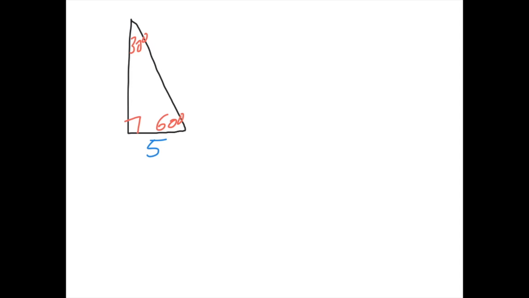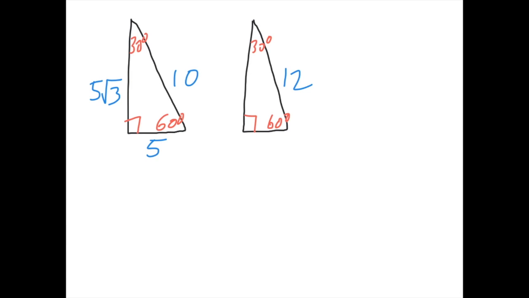So, if the short leg is 5, the hypotenuse is going to be double that, 10. And then the long leg is going to be the short leg times the square root of 3. So 5 times the square root of 3. Easy enough, right? Let's say we have another 30, 60, 90 triangle, but this time I give you the measurement